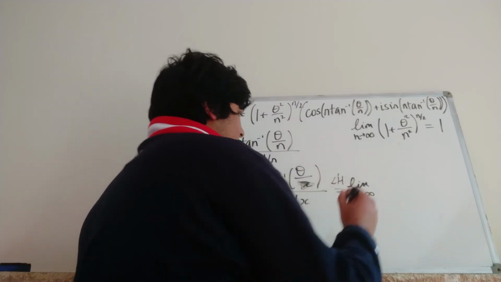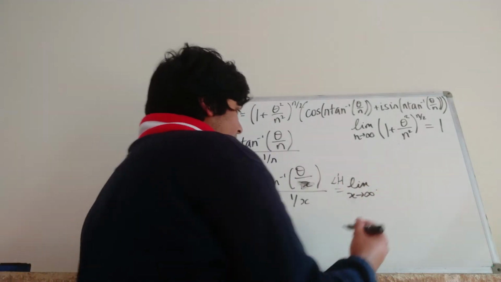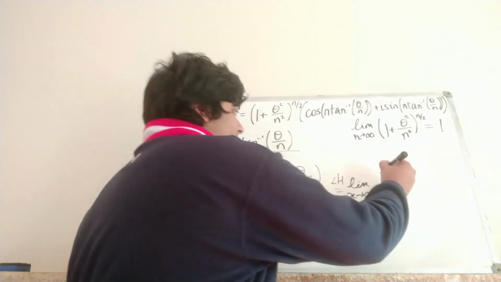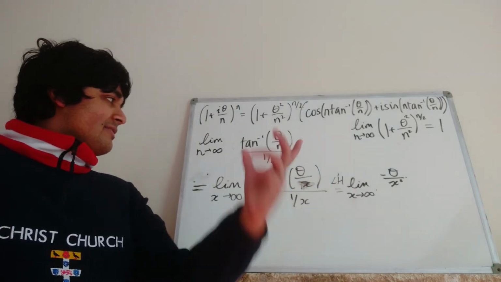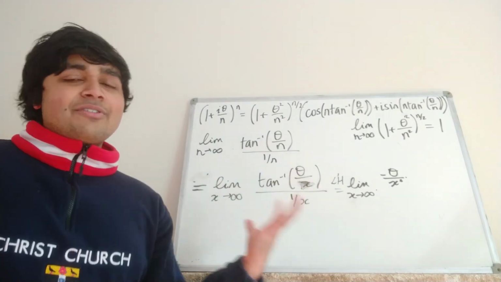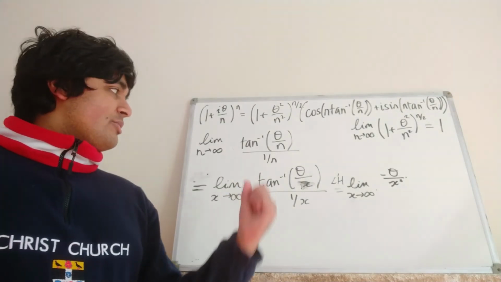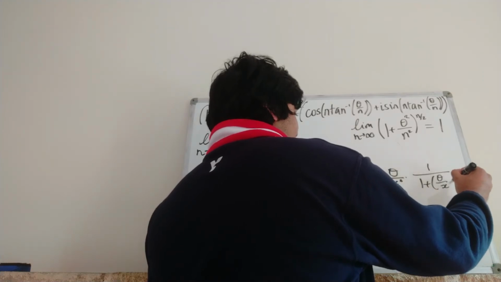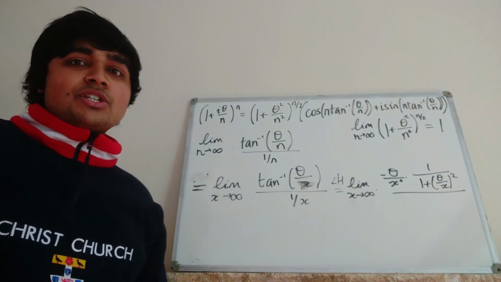infinity. So differentiating the top, we're going to have to use our chain rule. So this is just the derivative of what's on the inside of the inverse tangent with respect to x, which is minus theta over x squared, multiplied by the derivative of inverse tangent, and then plug in theta over x. So the derivative of inverse tangent of u, say, is just 1 over 1 plus u squared. So plugging in u equals theta over x, this is just times 1 over 1 plus theta over x, all squared. And then we're dividing that by the derivative of 1 over x, which is just minus 1 over x squared,